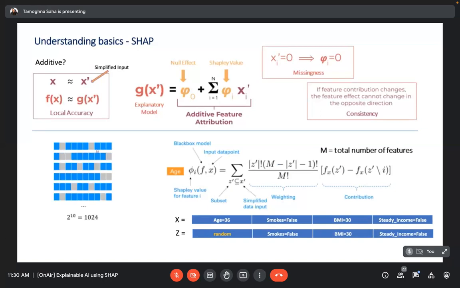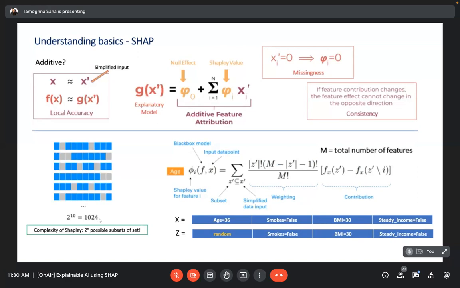So if we are having these 10 features altogether present with us, then the total number of combinations of features present and not present is going to be 1024, like 2 to the power of 10, right? Considering we eliminate only two features at a time, all of this can bring us these many possible combinations. And of course, if you imagine we have 40 or something, then we will be ending up with millions of permutations and combinations associated with Shapley value computation. So it will become extremely time consuming, right?